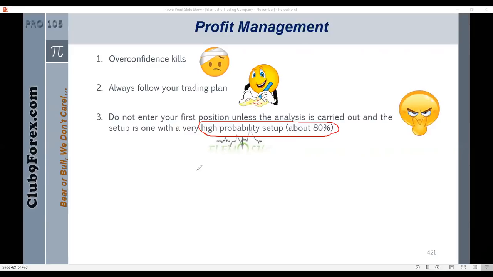Now, what I'm saying is that if you just fund your account, let's say with $2,000, the first mistake you are going to make is to quickly enter the market without a very good setup. The first trade you take on this $2,000 should be one that will be in profit by the time the market starts moving. The reason is that if you start trading and you start losing immediately, it can ultimately make you lose this $2,000. So even if it's just one or two trades that you first take,